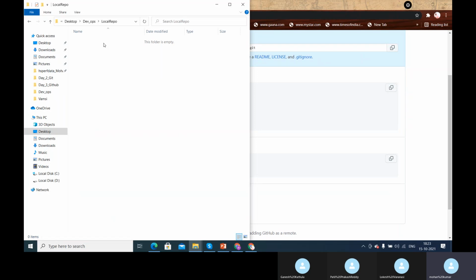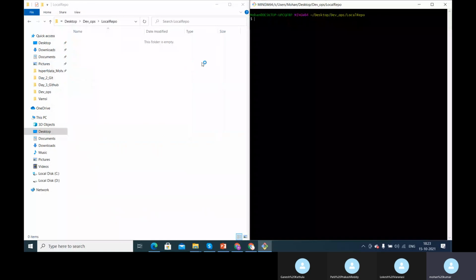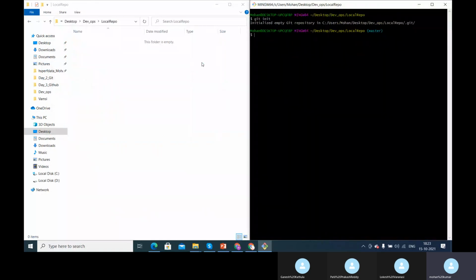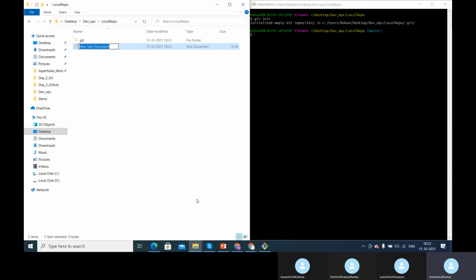I'll create some code and I want to push this code from the local repository to this particular repository on GitHub. To do that, the first thing I have to do is initialize Git here, right? Once Git is initiated, I will create a new text file with the name text1. I'm creating a text document as text1. And now I'll say git add text1.txt.